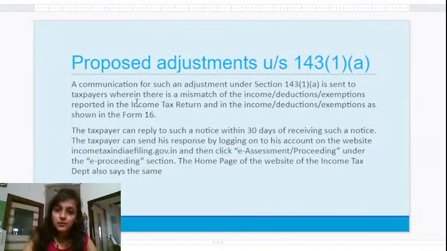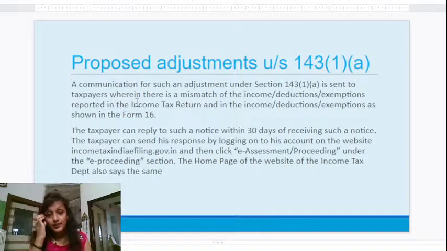Now, there are some proposed adjustments under section 143(1)(a). Communication for such an adjustment is sent to the taxpayer if there is any kind of mismatch of the incomes, deductions or exemptions that you have shown in your income tax return and those shown under Form 16, which has been received from the employer. The taxpayer can reply to such a notice.